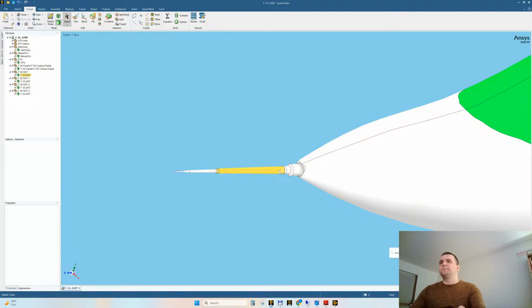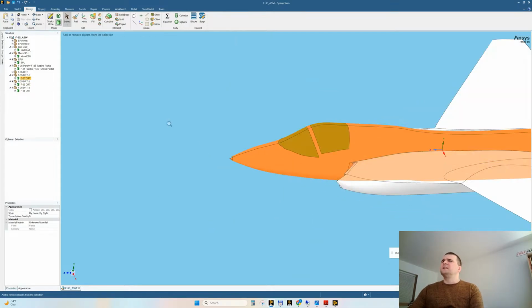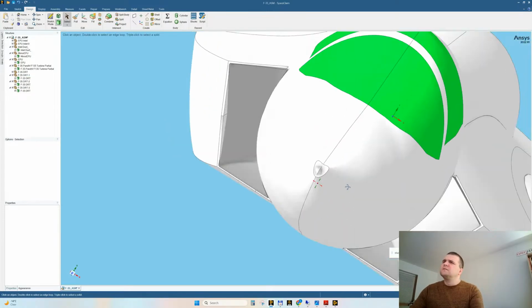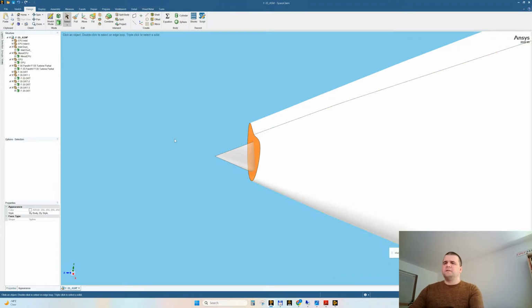Ah, it's a different part, all right. What is this? Locate in structure tree. What is this? Come on. If I delete this,